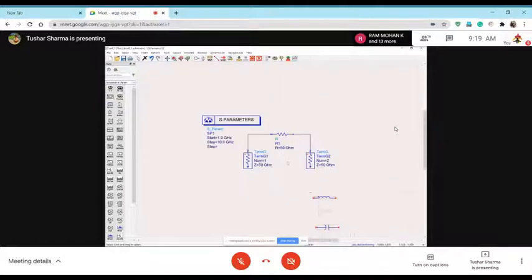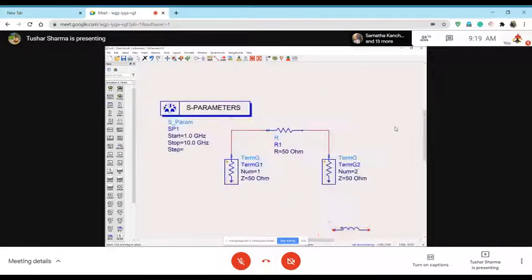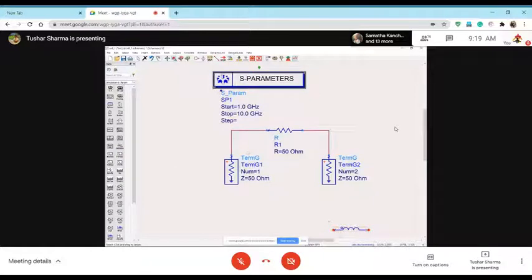So let's see, can somebody tell me what you expect out of this? If I'm running an S parameter simulation, it means you are converting this into an excitation port. A signal will be going through this, there will be the effect of whatever circuit you have, and then that will be transmitted to port 2. In this case, please see carefully, this port is matched to this port, and this port is matched to this port. So let's run. For running, I click this button called simulate.